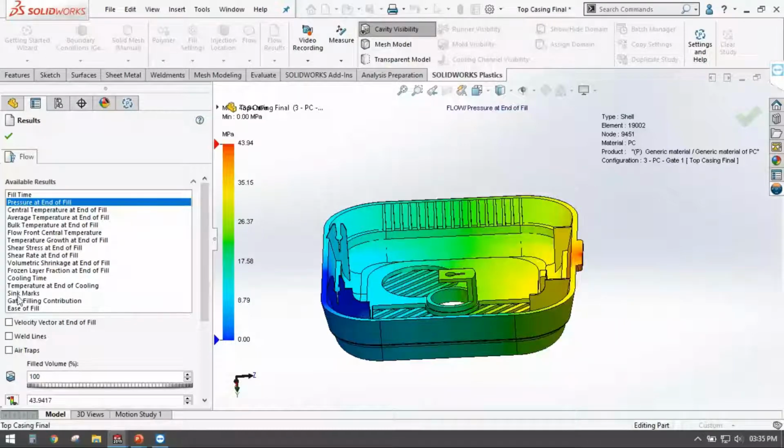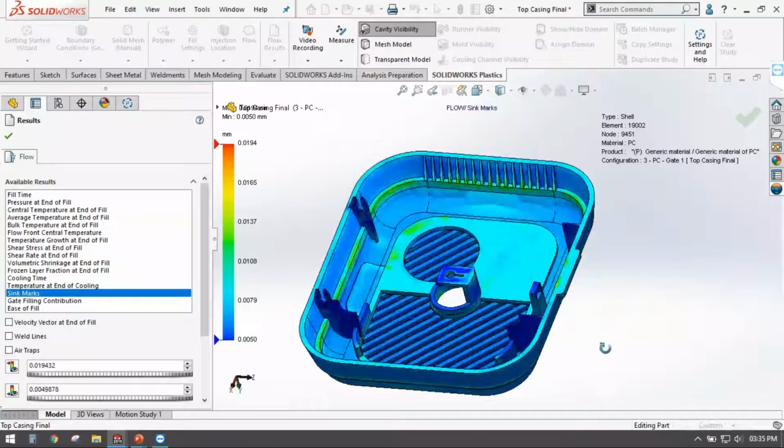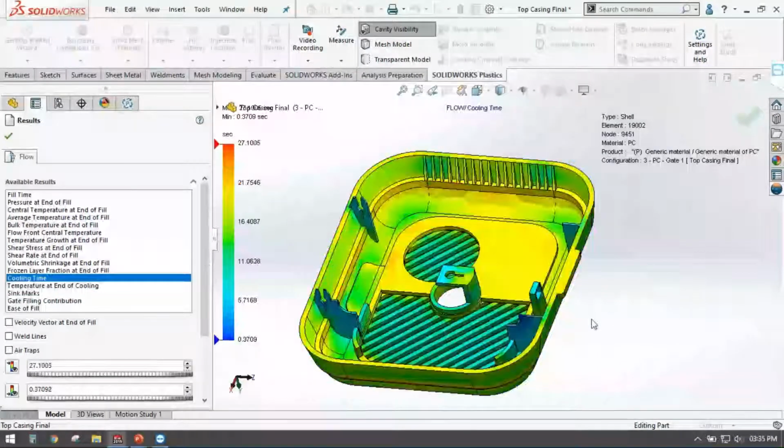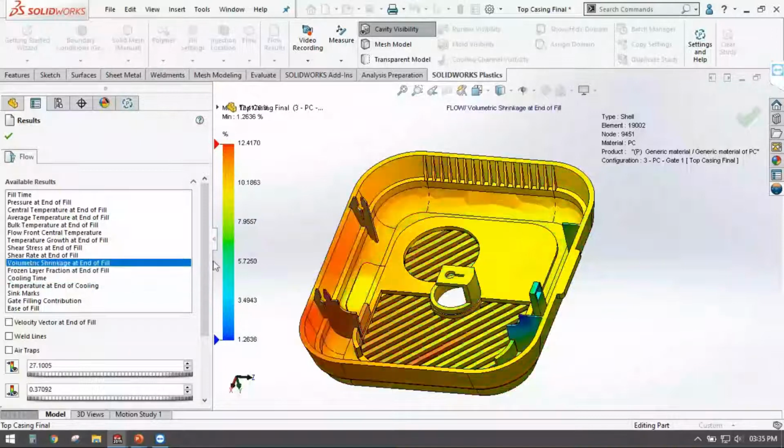As well as whether sink marks are occurring or not, what is the cooling time, right? So all these results are available. What is the volumetric shrinkage occurring? So keeping in mind all these results, the next part that you design would help you to eradicate the failures, right?